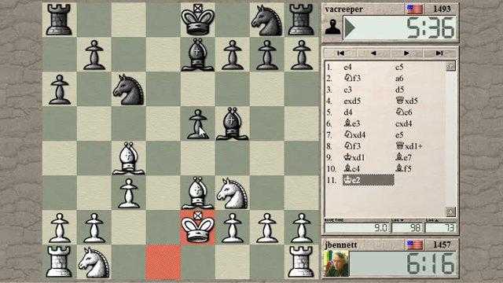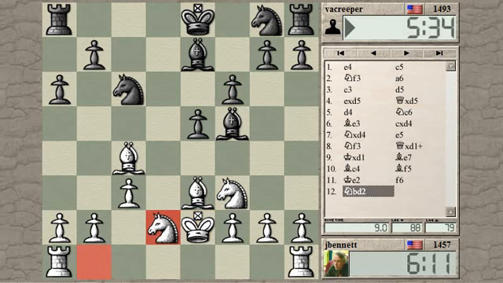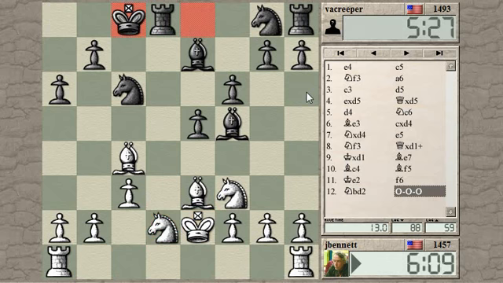And black has a pawn in the center, and white doesn't, but the center is open. So he just shores that up, okay? That actually increases the scope of this bishop. And blocks his knight's development. So where is that knight going? Is it going to... could go to